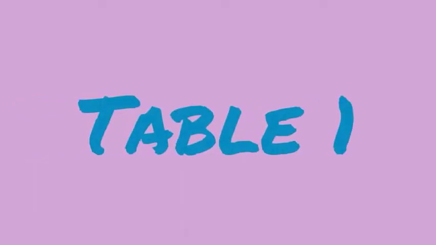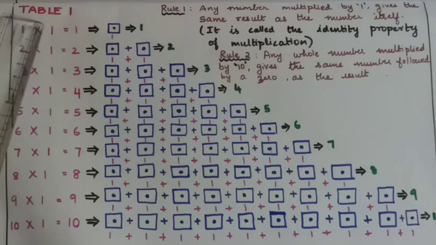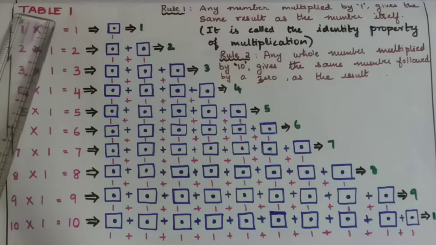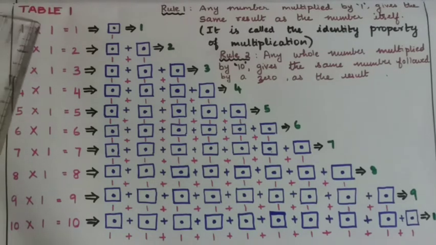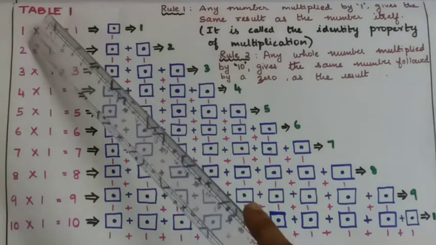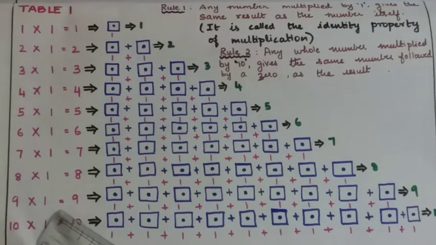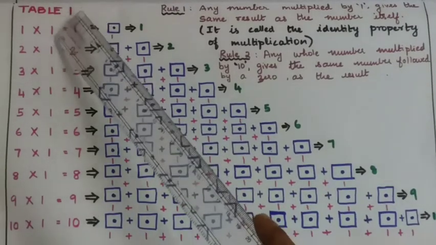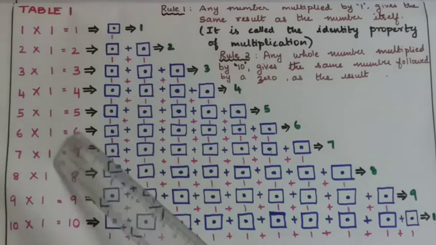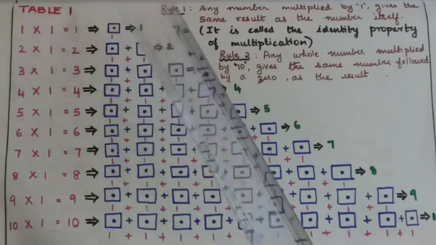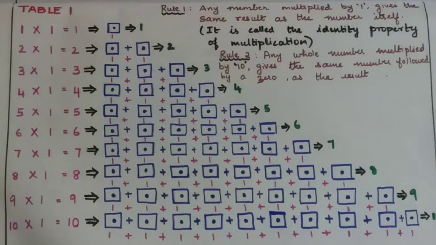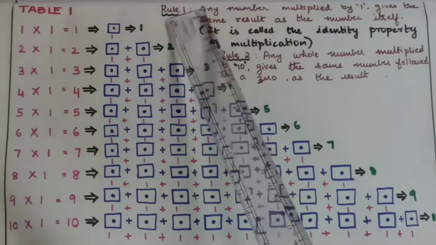Now let's first see table 1. Though table 1 is self-explanatory, I am explaining it in detail to make the kids familiarize with the format of writing tables and the way they need to read it. If you look here, the first number of each of the rows are the consecutive numbers from 1 to 10, and then you need to put the into mark, and since we are dealing with table 1, the third number of every row is 1, equals the result.